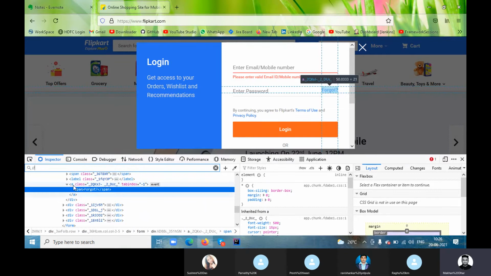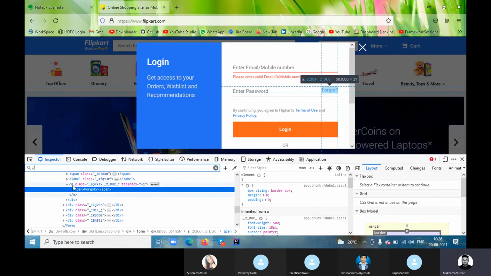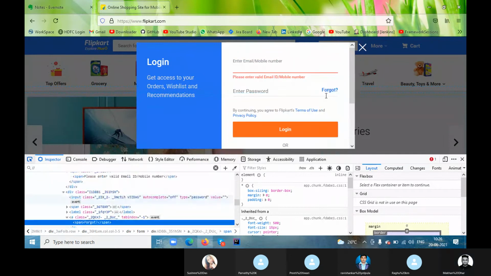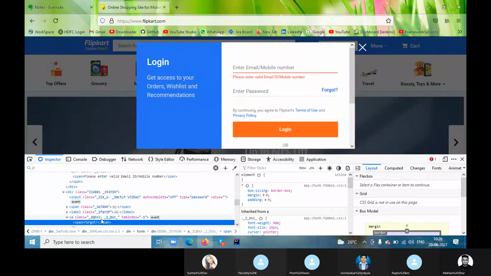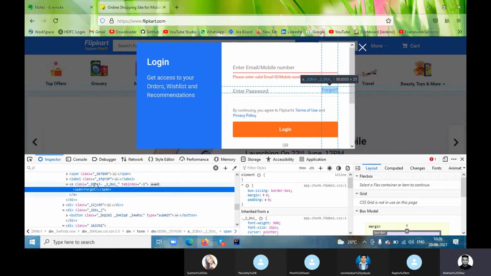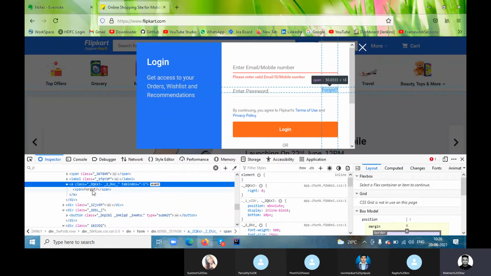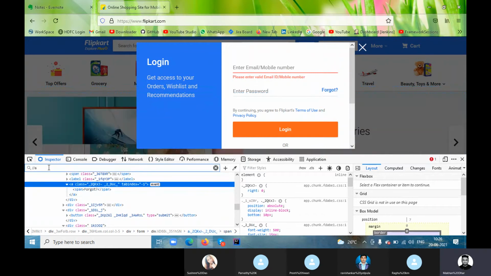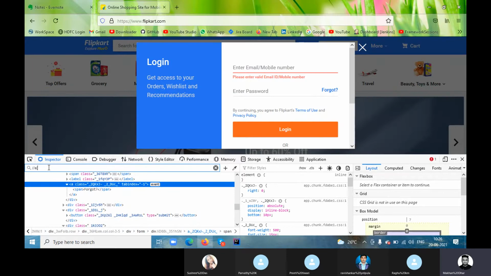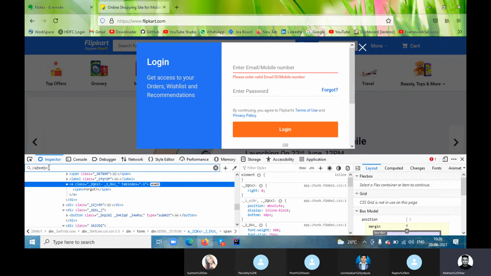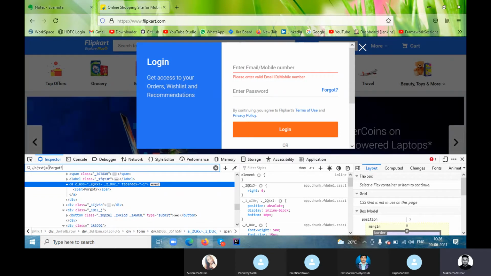This is under which tag? The anchor tag A, right? The span is under A only. If I just mouse over, you can see this span is under A. If I click here also, it is pointing to the same one only. So we'll try with this. Type A. Now bracket start, text, bracket start, bracket close, equal to, within single quote.